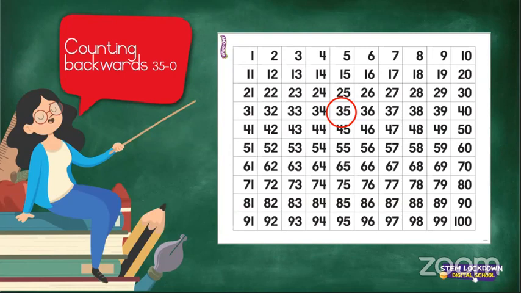Good, you've got it. Circle the number 35. And let's have a look and see who is going to count backwards for us this morning. All right. Boys and girls, don't forget to raise your hand if you would like to answer my question or if you would like to count for us like we are doing now. Good. Buchle, would you like to count for us? Yes. Excellent.